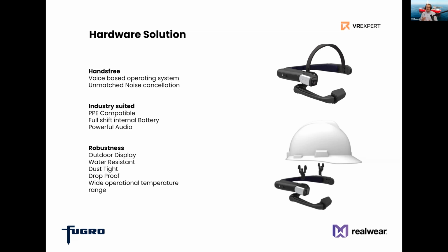Another aspect where you can really see that they are focused on industrial use is some smart features they built in. For example, there's a battery with about 4 to 6 hours of battery life, but after that, you can simply swap it and it will even stay on while you swap it. You can also think of strong audio coming out of it, but you also have the option of plugging in earbuds, making sure that background noise is once again not a problem. You can also turn on the flashlight remotely, so you can say it by voice commands or do it through the software. So when you're on your back lying underneath a machine, for example, simply turn it on